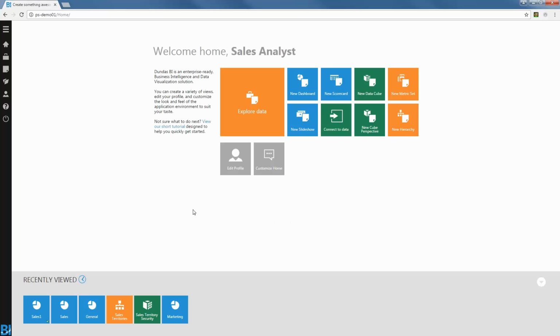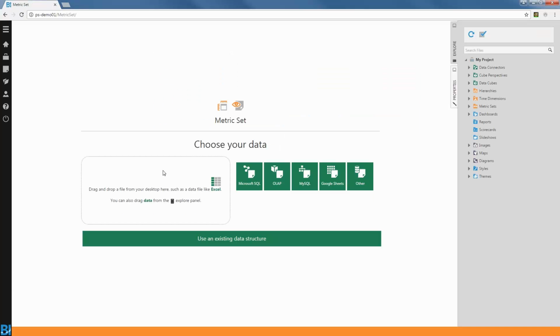I was explaining how we've covered the data consumer and explorer, and that now we perhaps want to move into the shoes of a data analyst. So the analyst is someone who understands the data from a business perspective, but also has the need to create the visuals and KPIs. So from my home screen, I will click on the Explore Data tile in order to navigate to Dundas BI's data analysis window, where I can really focus on creating a particular metric using a set